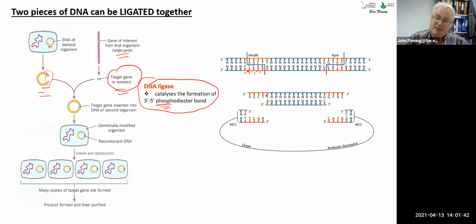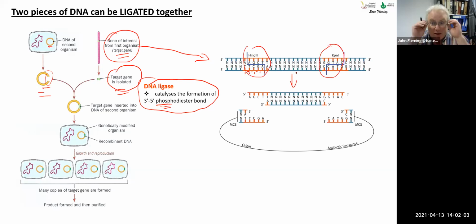Now, what happens here is that we have our target gene located within a longer section of DNA. We use restriction enzymes in order to cut this long double-stranded DNA to release the specific fragment that we're interested in. And now, using these sticky ends, these compatible cohesive ends, these will interact with the compatible sequences in the